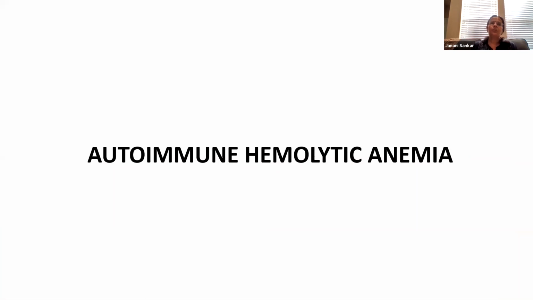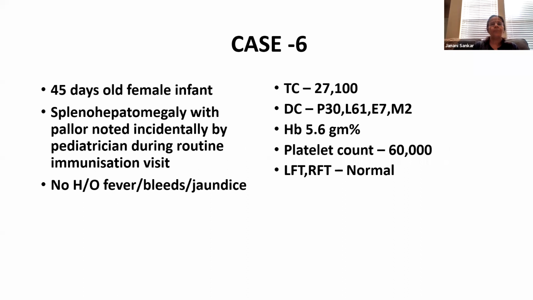So one message here is, whenever you have an autoimmune hemolytic anemia with fever and respiratory symptoms, think of coexisting mycoplasma pneumonia and order a mycoplasma IgM for academic purposes and confirmation of your diagnosis. And these children improve very well with treatment of the mycoplasma pneumonia, and you don't need to start steroids or even transfuse them. Many of them improve very well with symptomatic treatment of mycoplasma pneumonia. So that is the message from this case.